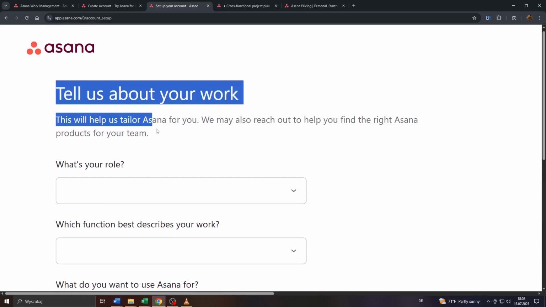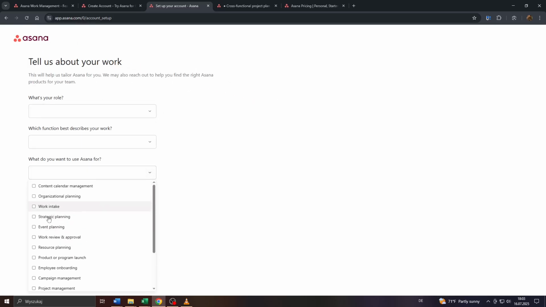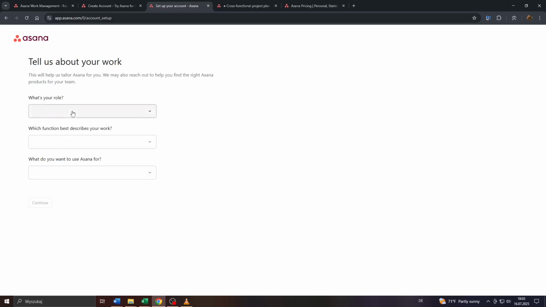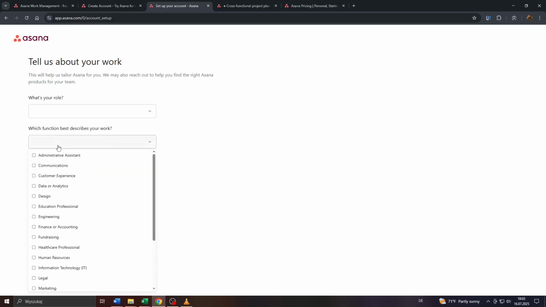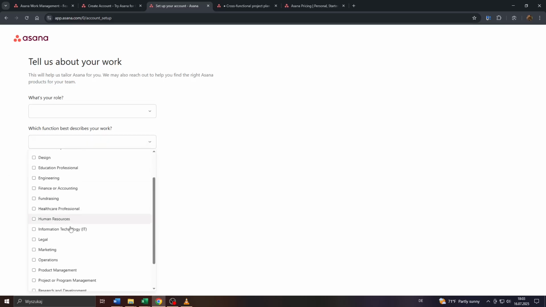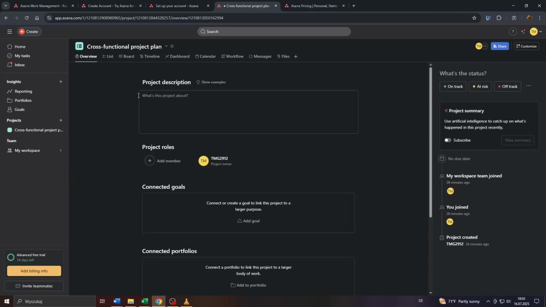Like for example, Asana will ask you what you would like to use Asana for, for example, managing your projects or teams, what the role in your company is, for instance, the CEO, the manager, or if you're a freelancer, business owner, a student, and so on and so forth. It is actually no rocket science, guys. Asana will ask you only a couple of questions here within that questionnaire. So let us skip that really quickly and finish that setup so that we may head over to our first